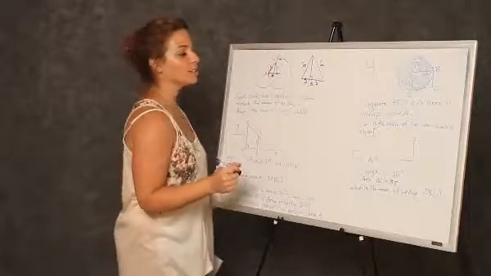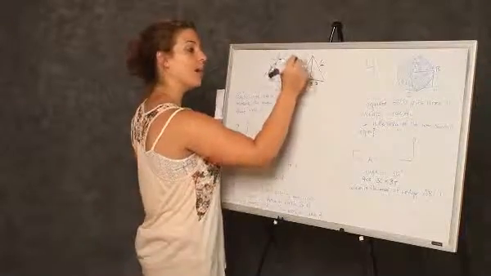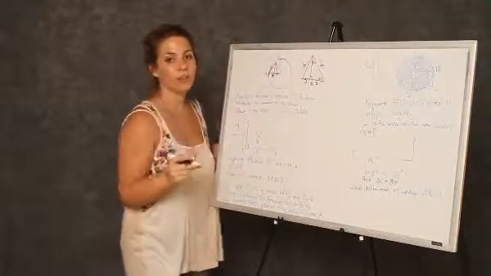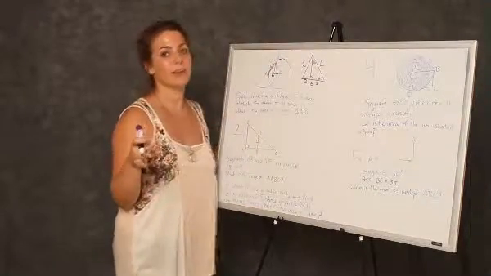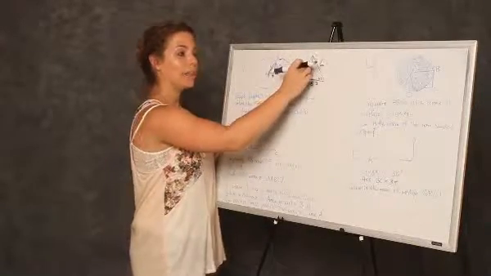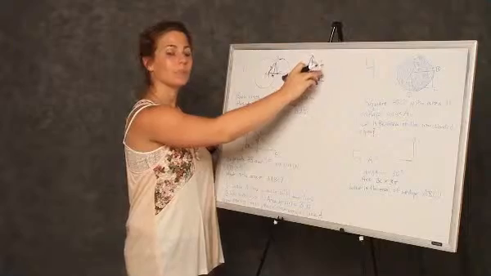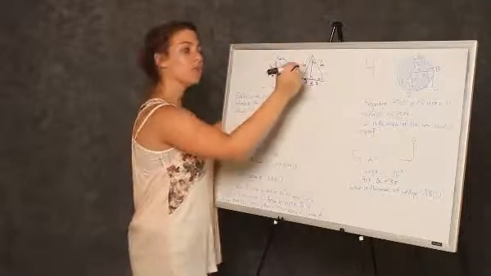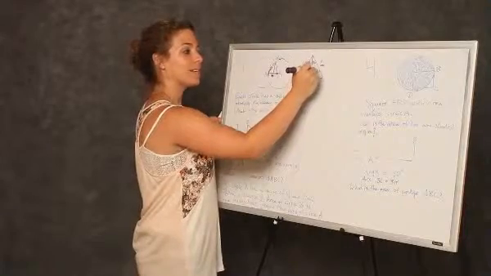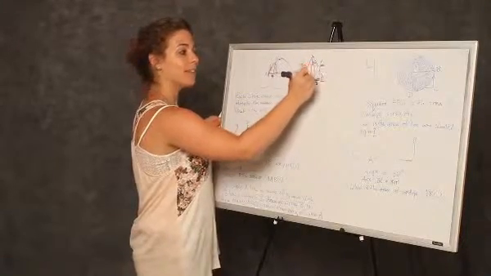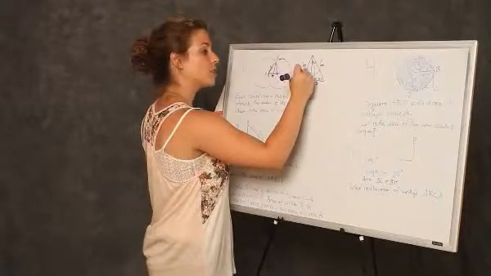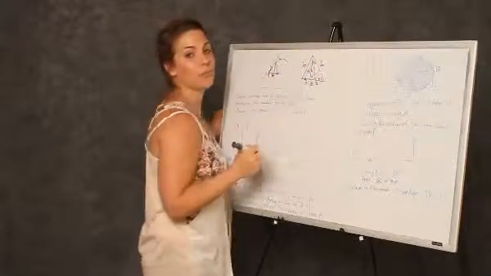And what we need to do is do our classic 30, 60, 90 triangle. If you didn't see that that was a 30, 60, 90, you could always do the Pythagorean theorem and do x squared plus 3 squared equals 6 squared. But if you saw it, you know that the side opposite the 30 is x, the side opposite the 90 is 2x, and the side opposite the 60 is x radical 3, which is 3 square root of 3.